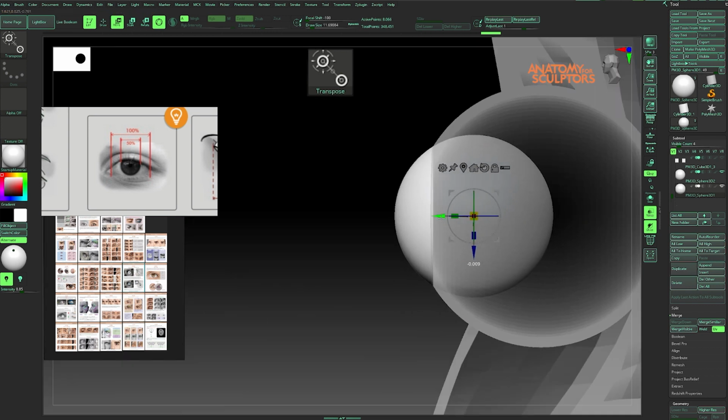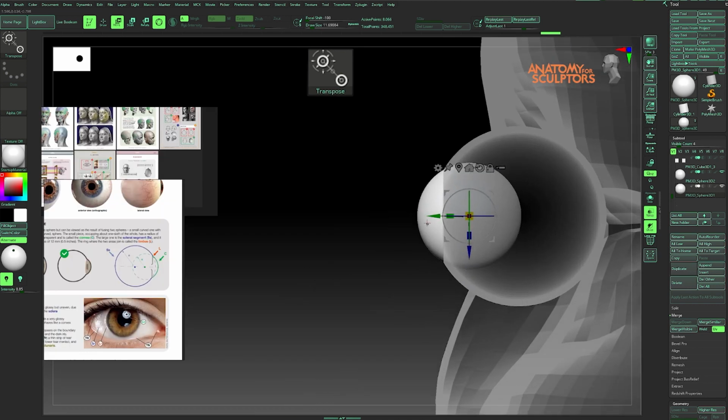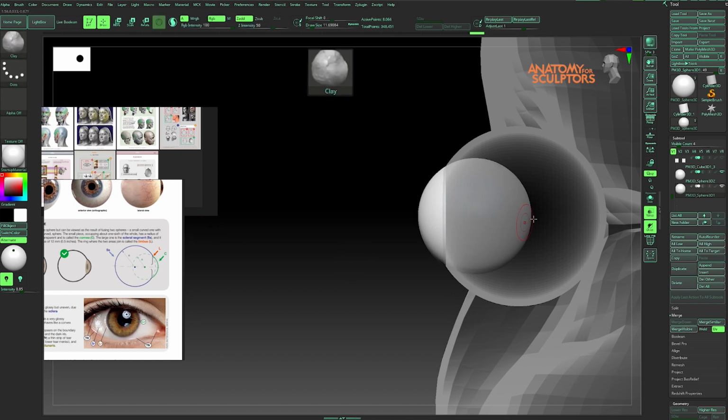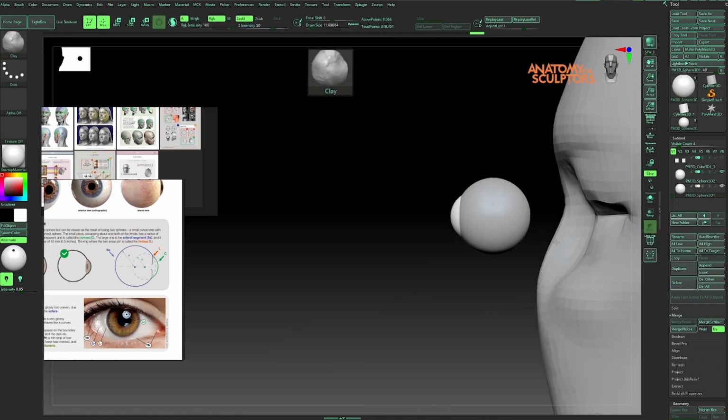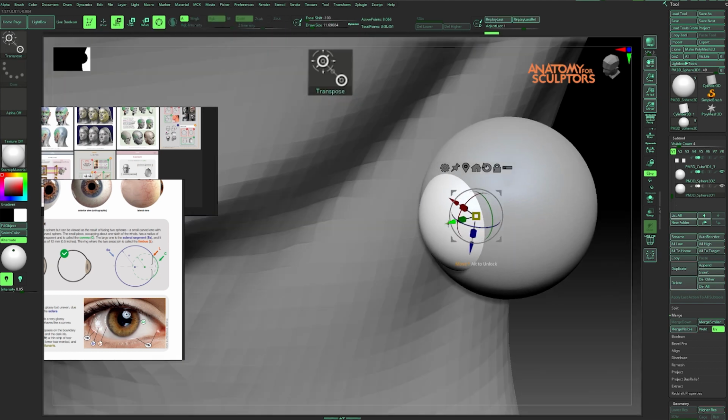I've duplicated the complete eye to make the cornea, or the shiny part of the eye that covers the iris. To make the cornea, we just need to scale the sphere down and place it like the reference so that the cornea protrudes from the main eye exactly from the edges of the iris. To be honest, it's easier to look at the reference on how it protrudes from the eye than explaining it.